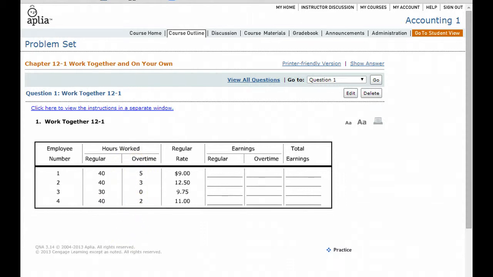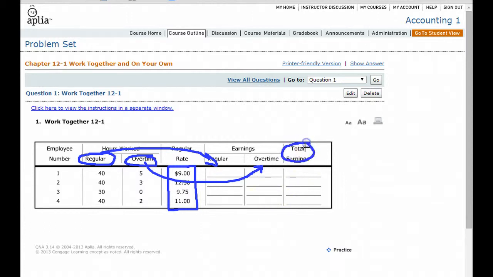Overtime for this particular chapter is going to be anything over 40 hours. So if they worked 41 hours, that would be 1 hour of overtime. This particular person worked 5 hours over 45 total hours, so that's 5 hours overtime. You have right here how much they're getting paid per hour. And what you have to do is calculate how much did they make for the regular hours that they worked, and how much did they make for the overtime hours that they worked, and add them together